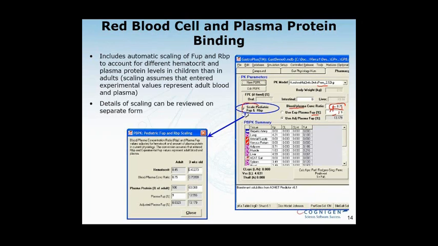And it's not done all just in the background. You have an option to view it. We sort of ran out of real estate, but we did give you an option to pop up a description and look at the scaling where we are showing you the adult values, how the physiology for the current child or for the current physiology is different from the typical adult, and what changes in the blood-to-plasma ratio and fraction unbound in plasma or the plasma protein binding it would actually cause.